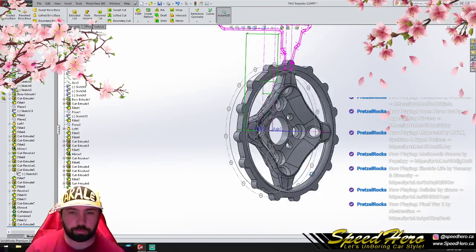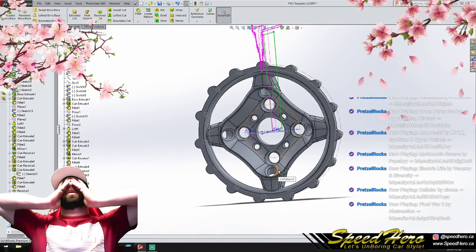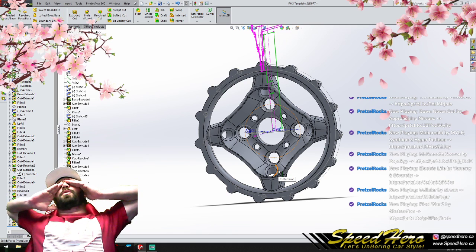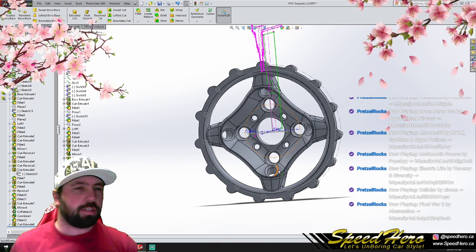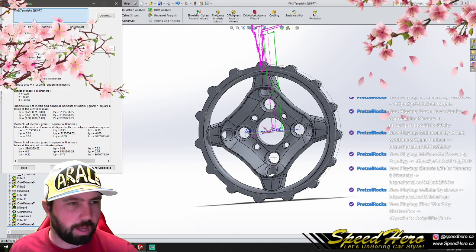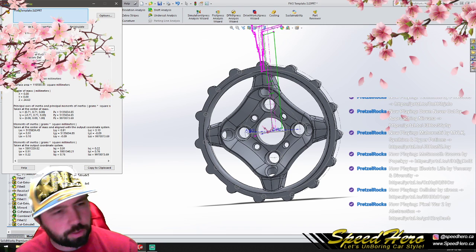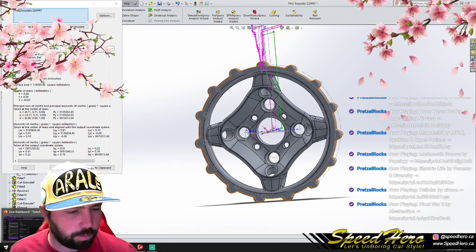Okay, we got a wheel. It's a little bit different. We flared the face out quite a bit to move out to the spoke. Let's do a guesstimate of our mass. So he's 1262. That's pretty low. If we jump into